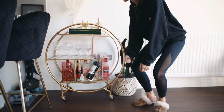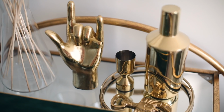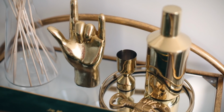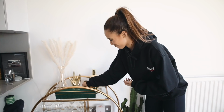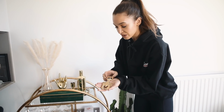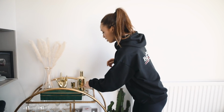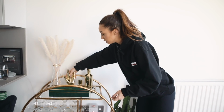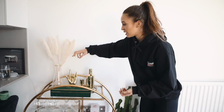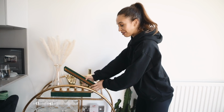And then on this top shelf here, I've got my cocktail maker shaker thing, which I've never used because I don't make cocktails, a spirit measure, and this cute bottle opener, which is in the shape of a little lobster that I got when I was in Spain last year. This rock-on hand is also from Ordenza, and then I've got my mini pampas grass and my box of velvety candles, which, oh,